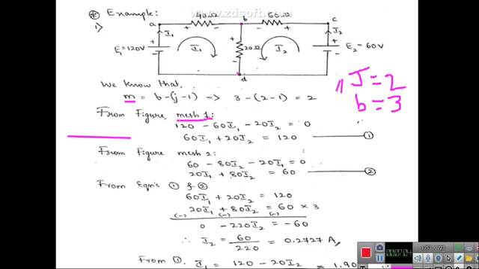So 120, if you start from this node and travel this path in this direction, you can write the KVL equation. In the previous class you studied how to write the KVL equation. You are going from this point, first you get the element, that is a battery. You are going from negative to positive terminal, so that means a rise in potential or voltage.